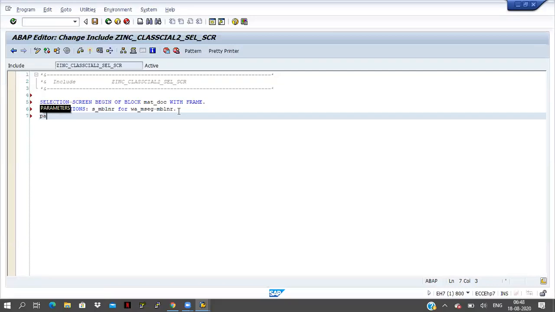Parameter P_JDALE type work area MSEC hyphen, otherwise I will take for MJAHR, that's enough. MJAHR type.